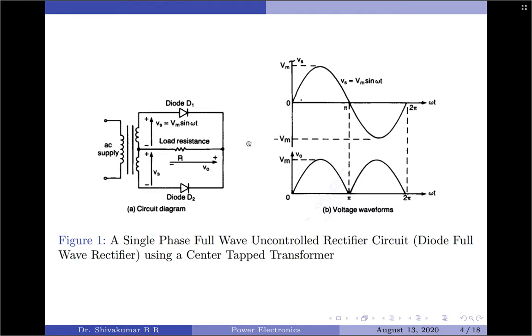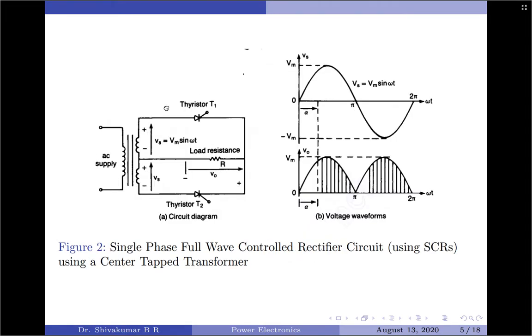So this is about uncontrolled rectifiers. The word uncontrolled is specifically for the type of switching device that is used, which is our uncontrolled turn on, turn off device, the diode. Now going to the controlled rectifiers, which use controlled turn on devices, we have taken the example of a thyristor. The same example,